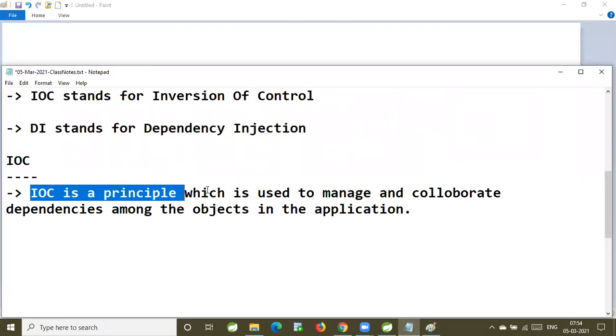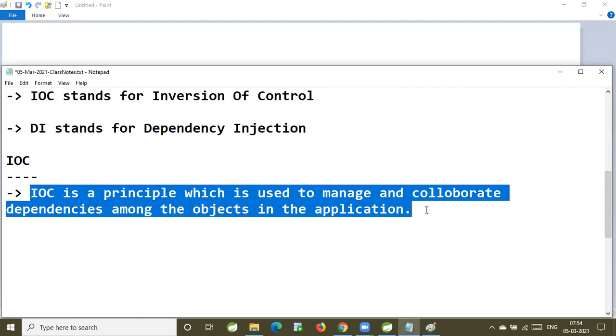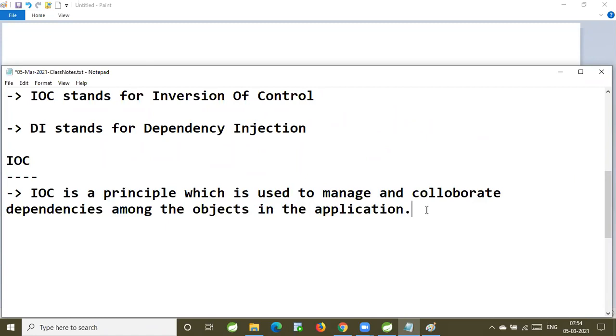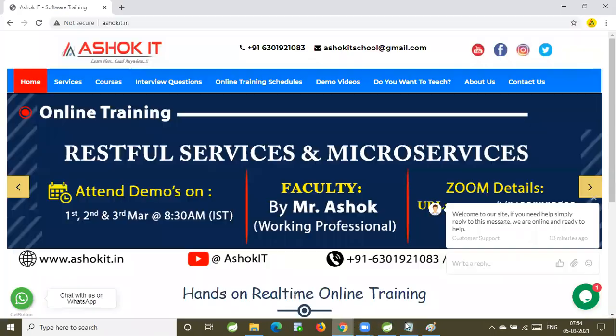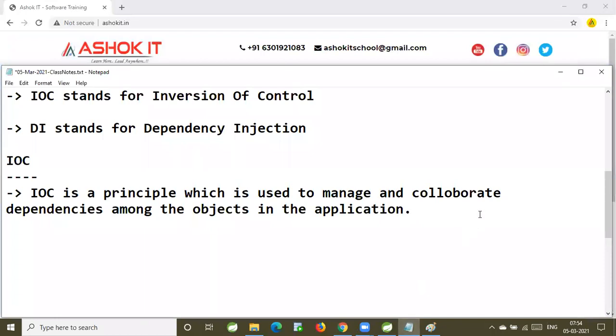IOC is a principle which is used to manage and collaborate dependencies among the objects in the application. Could you please read what is IOC?